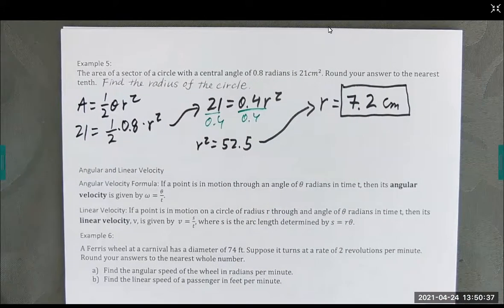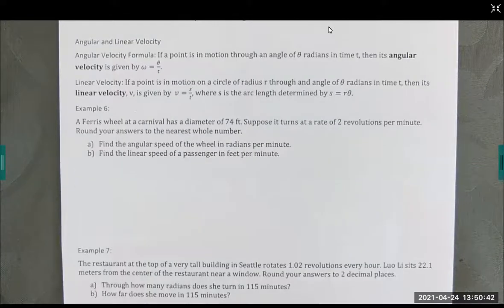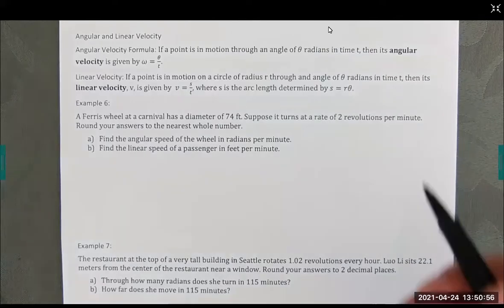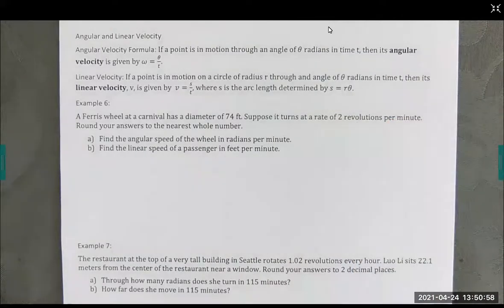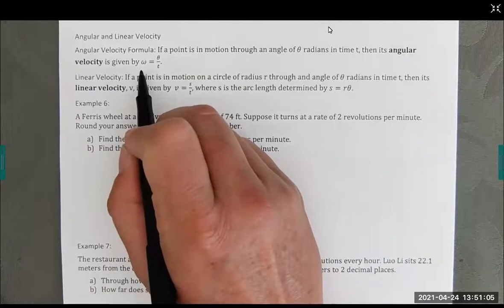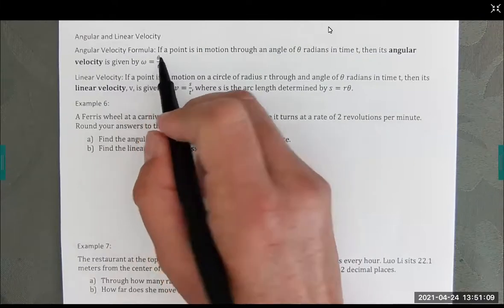So that's sector area. Now we're to the last two parts. We have angular and linear velocity. So this is velocity means speed for our purposes right now. When we get to vectors, we'll talk about the difference between speed and velocity. And angular velocity, meaning we're measuring the angle, how fast it's moving. And here's the formula that we use. This is a Greek letter omega, a lowercase omega. And omega is equal to theta, which once again is in radians,